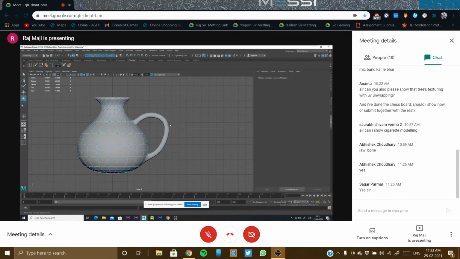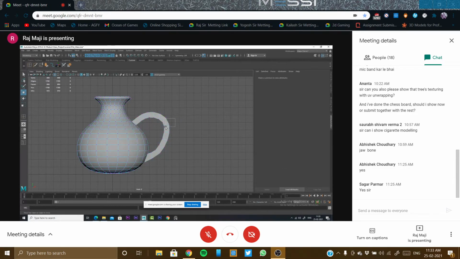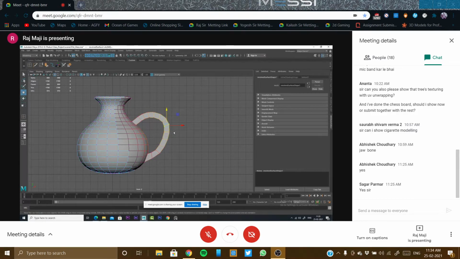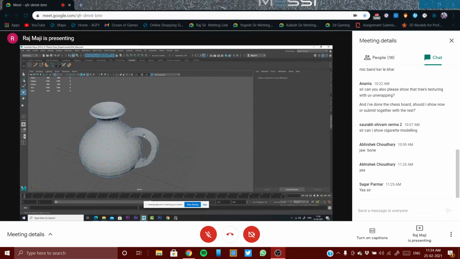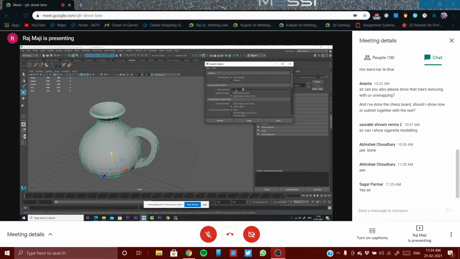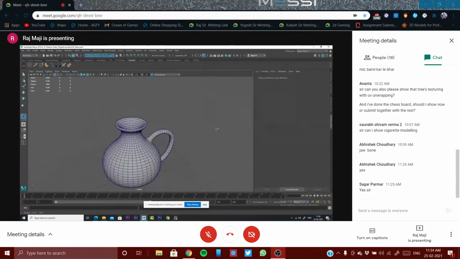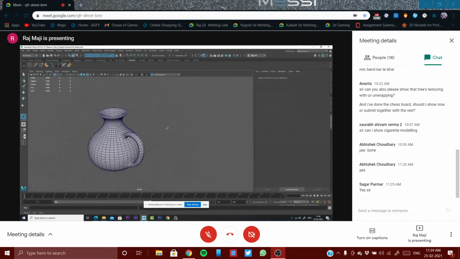Coming to the front view, if you are feeling like some of the areas I can rectify a little bit, so definitely can be done, and through the curve also that can be done. But right now I'm just keeping it like this. I will not waste any more time. So going to the smooth, and with one subdivision level, I'll just apply smooth. So this is my model. I have created a very high poly model.